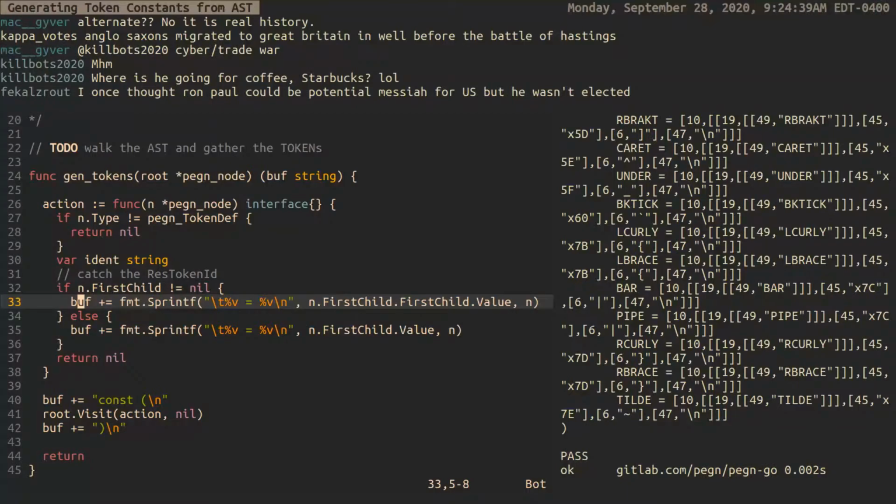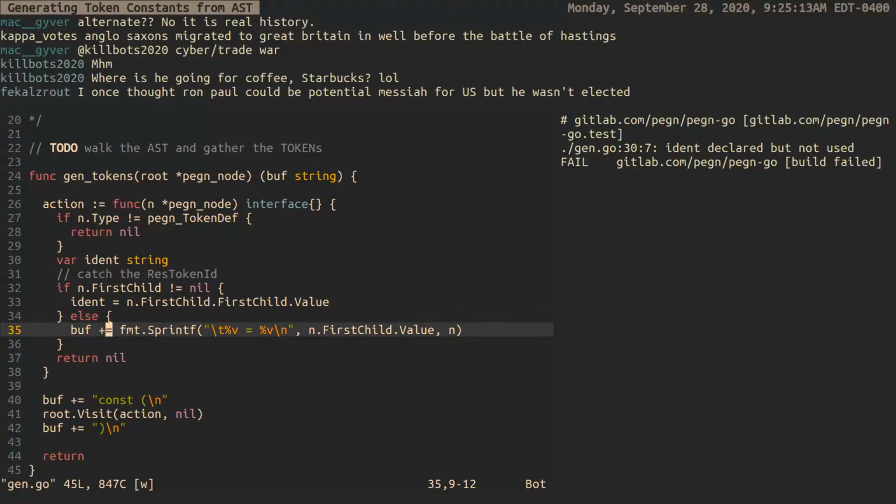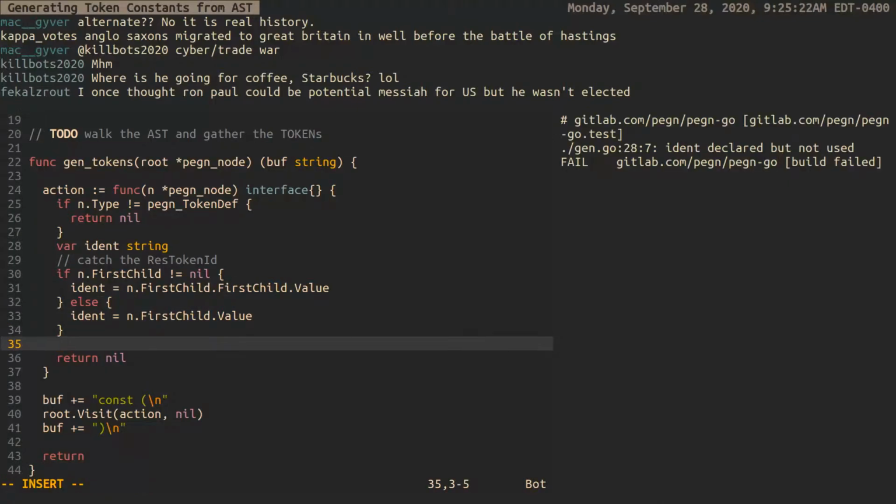Then we do ident equals... I mean, yeah, ident equals... and so yeah, and then this down here becomes first child of value, and then what? And then